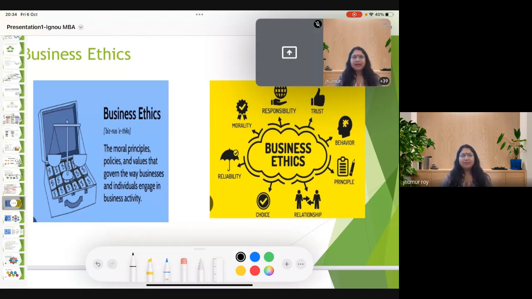Okay. Now, in business ethics, we say it is basically the moral principles, policies and values. When I started with business environment, I told you that the moral policies are very important, because they tell you the system on which any industry works. So it's not business ethics as such. We talk about ethics in finance, ethics in marketing,